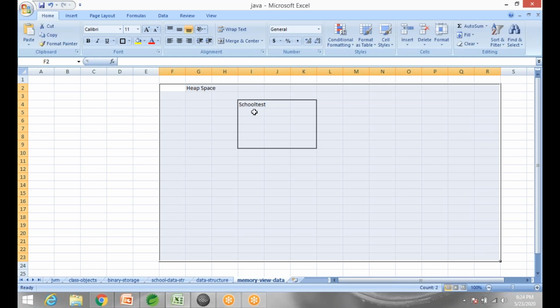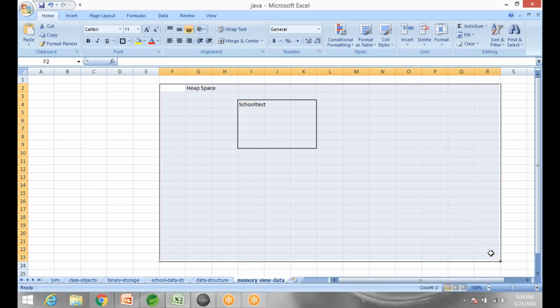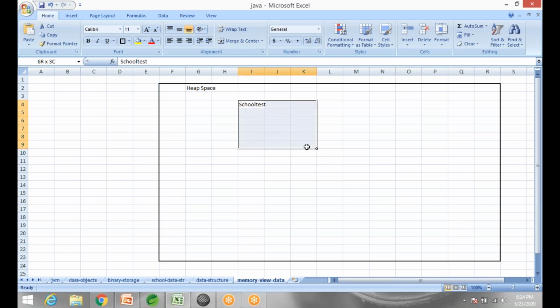Do you know where this object was created in the memory? Can you guess where it is created? Exact location? No. Do you know the exact location where this object is created in that billions of bytes that you have in RAM? No. You don't. So what happens is, when you create an object, this address, the location where this object is created in the memory, is passed on